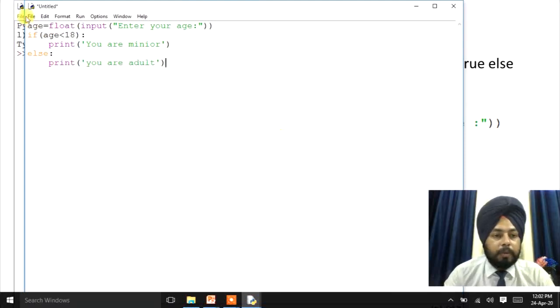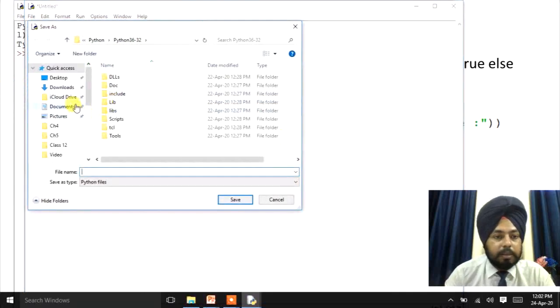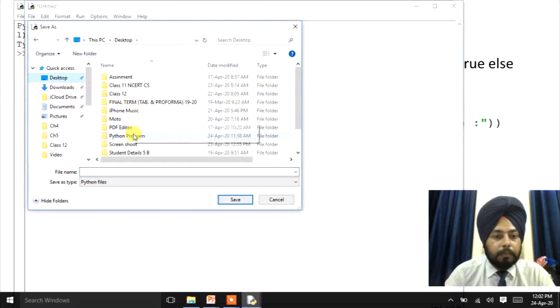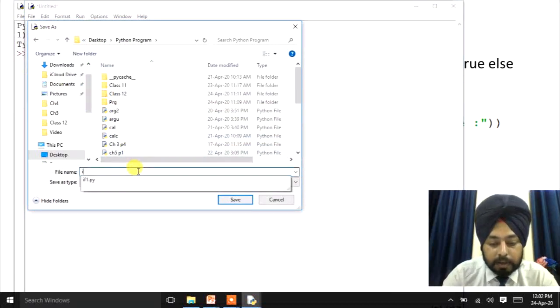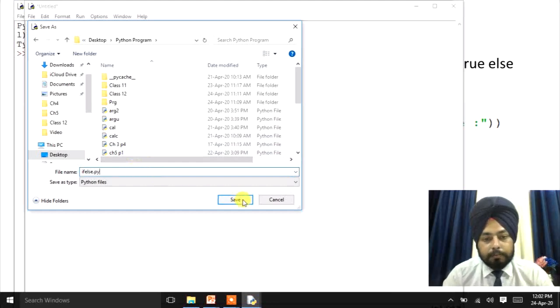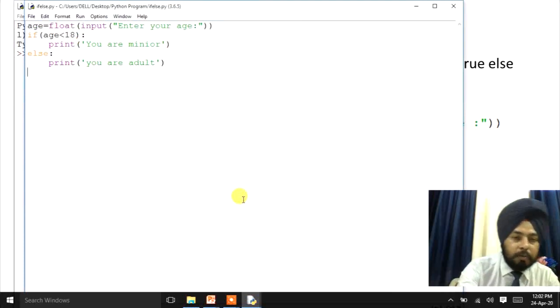The program is completed. Now we'll save the program. Save as. Here I'll write the name of the program, if else.py. The program is saved. Now I'll run the program by pressing F5.